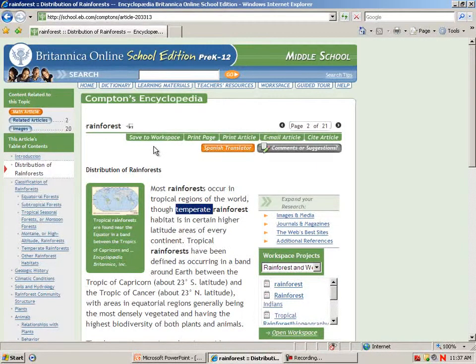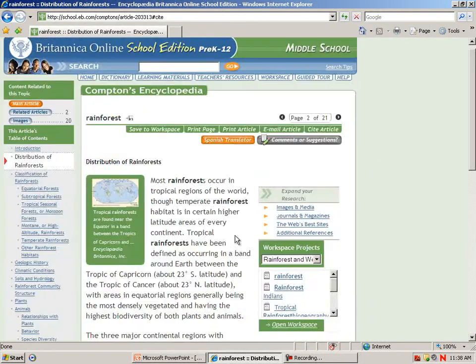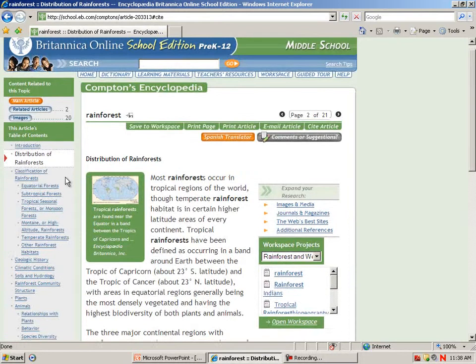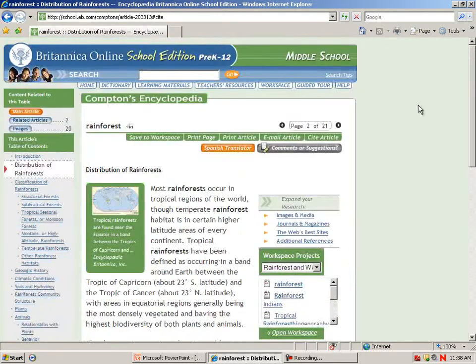There are tabs across the top. I can save that to my workspace or use the icon. I can print this page, print this article, email this article, or click on Cite Article. The citation information appears at the bottom of the encyclopedia article. Notice that it has today's date so that when they create a bibliography, it will have the date accessed. On the left-hand side, you'll find a table of contents so that you can link to that section of the article. For more review, at the top there is a link to a guided tour,